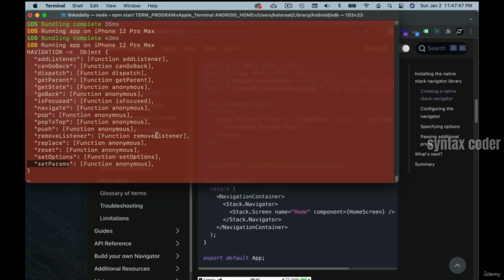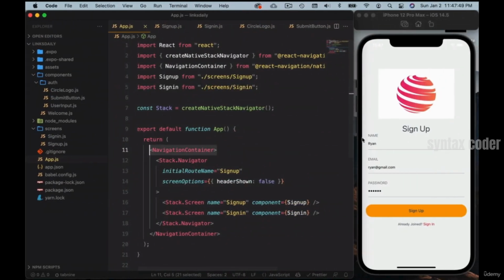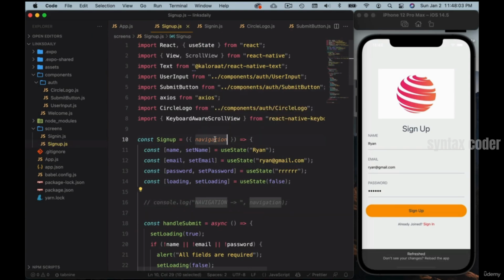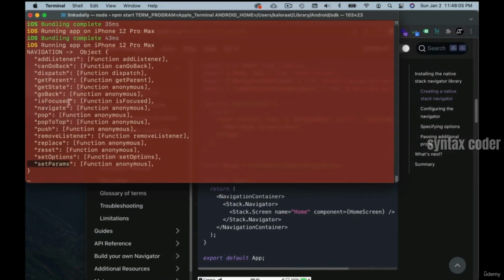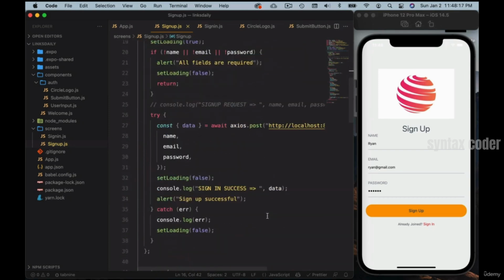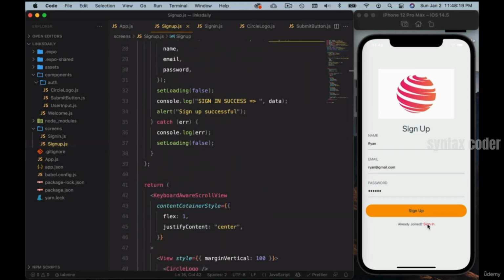So let's first use one of the options so that we can navigate the user to a different screen when they click here. Let's start from sign up. Let me comment that out. navigation.navigate, you can see that option here. You can use push as well, or you can use navigate. Where is that? It's here. So let me come all the way down to this text,